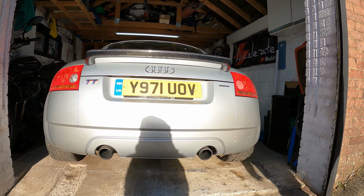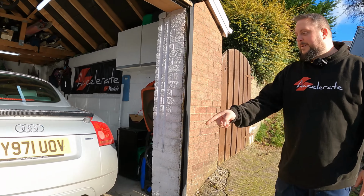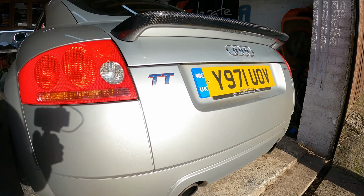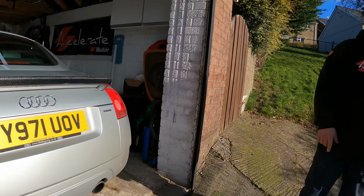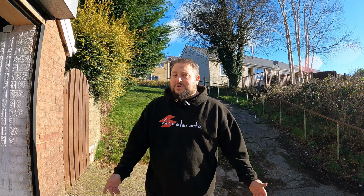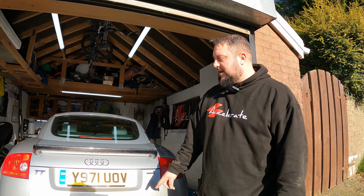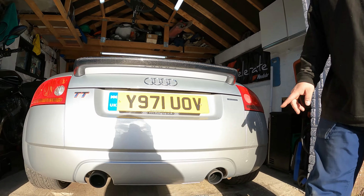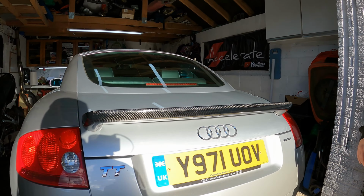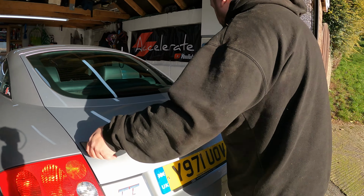It's definitely something that I would recommend, and something I really wanted to do since I've had the car. They do the V6 rear diffuser as well. It's £100 for a honeycomb one, which does look great. I'm really thinking of a carbon wrap in that for now, just to get a bit of contrast. It looks more like a diffuser. I would say for the money and what we pay for this, I think we'd...